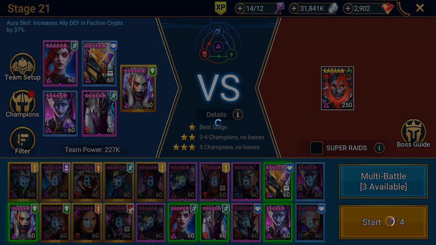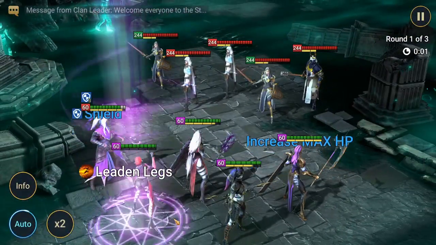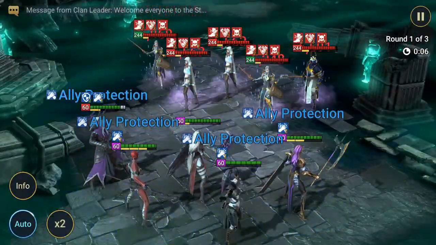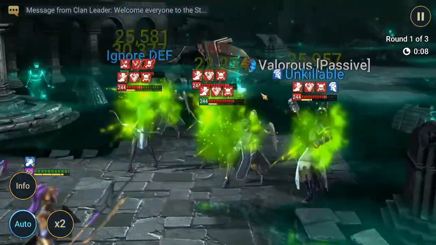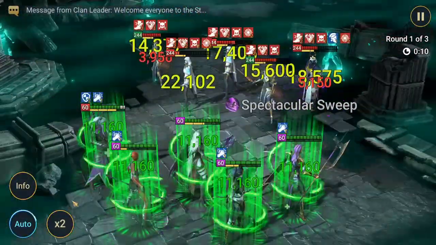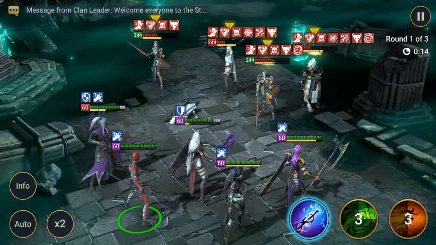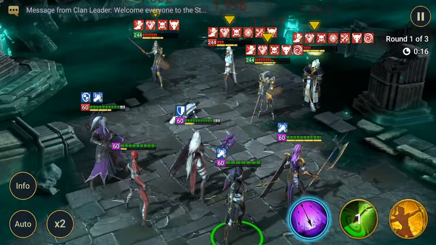So let's start the battle. Okay, we can auto here. Just be careful with those Martyrs. They have counterattack, they can provoke, but it's fine. Just when you close. Okay, now it's time to stop and use A1 so we can be ready for the next wave,